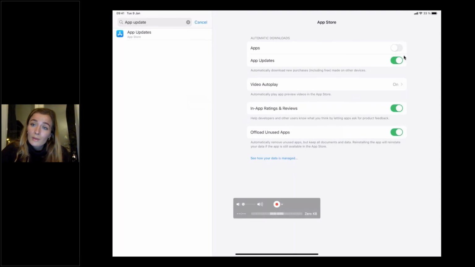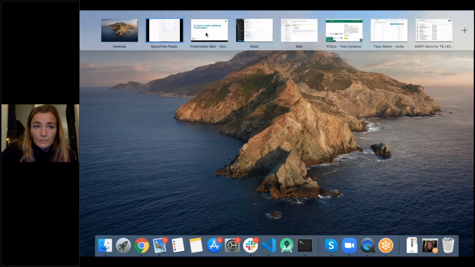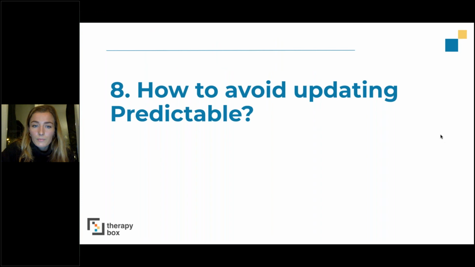If this is on automatic, then the device will do that automatically for you. So I hope that answers the question. How to avoid updating Predictable? We saw it's a setting from the device settings, and I think that answers the most commonly asked questions.